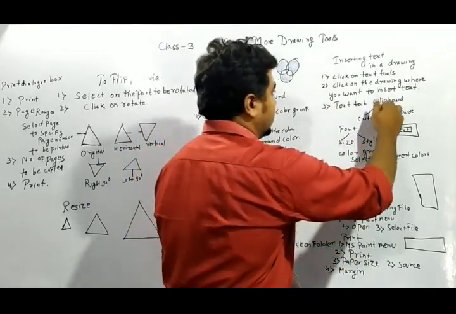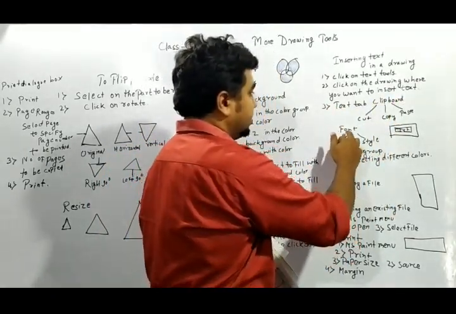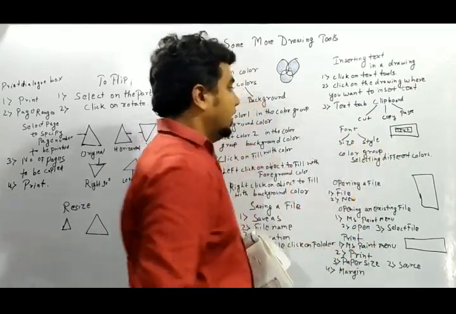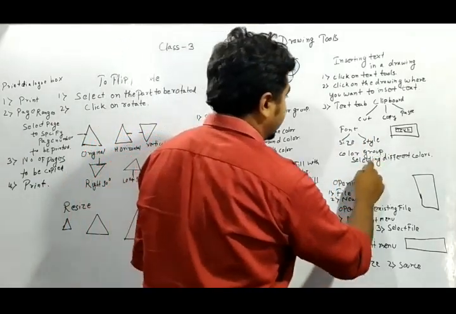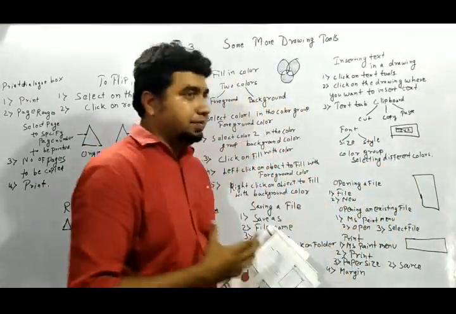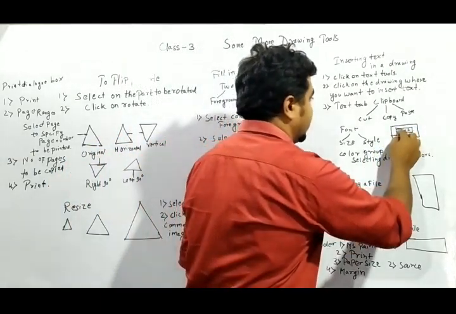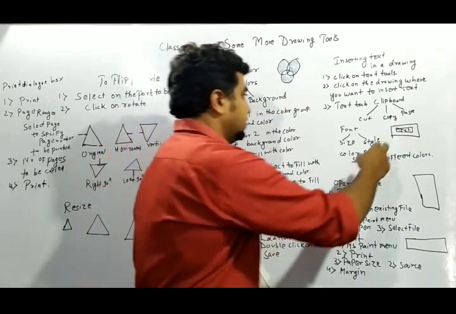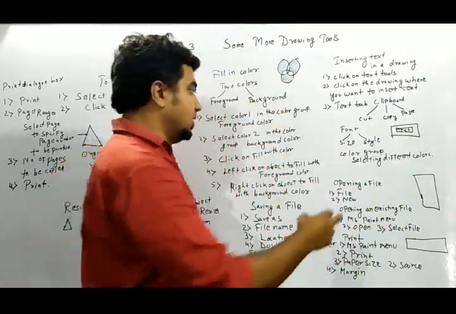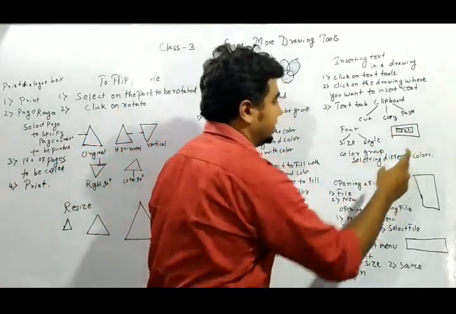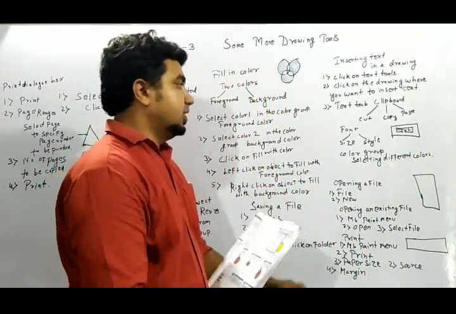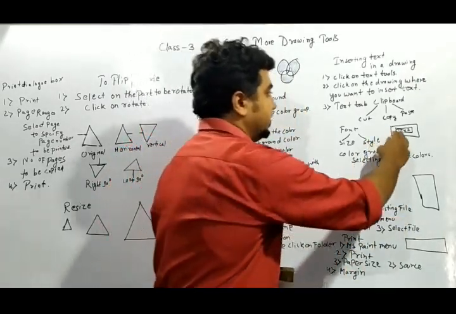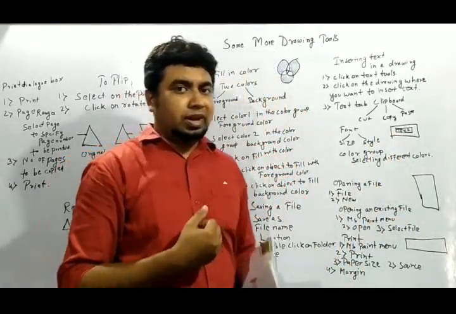So first I told you about the clipboard. The other thing that appears is font, which is basically size and style. And the other thing is the color group, for selecting different colors. Suppose here the text I have written is in black color. If you want to write it in red color, it can be done with the help of the color group by selecting different colors. You can select different kinds of colors and make the text look more attractive.